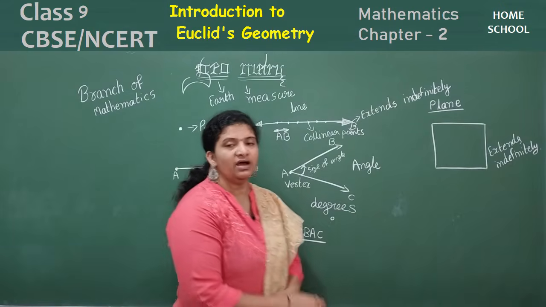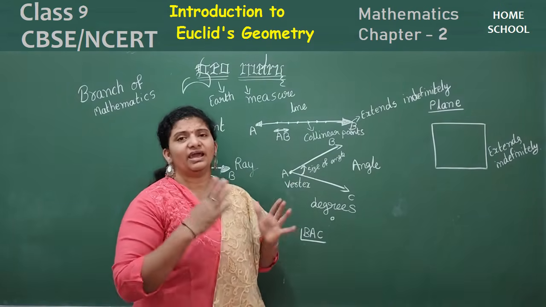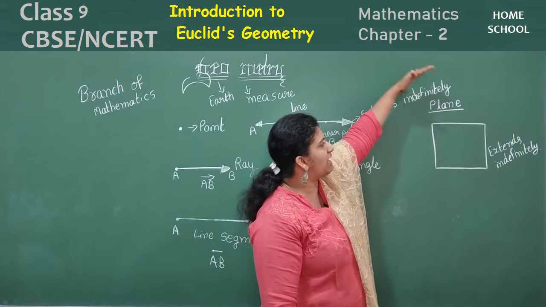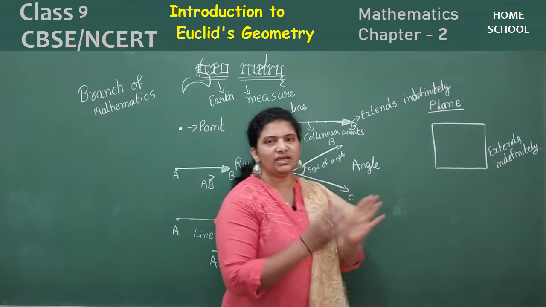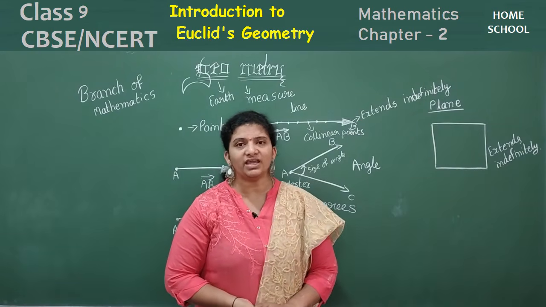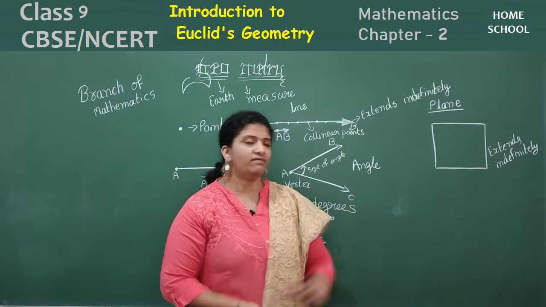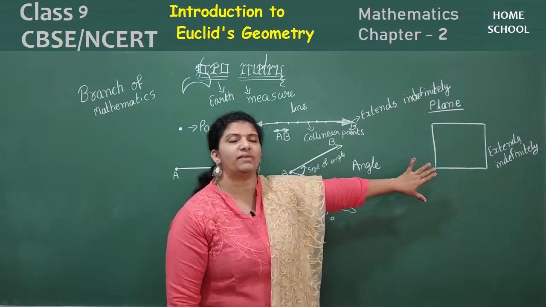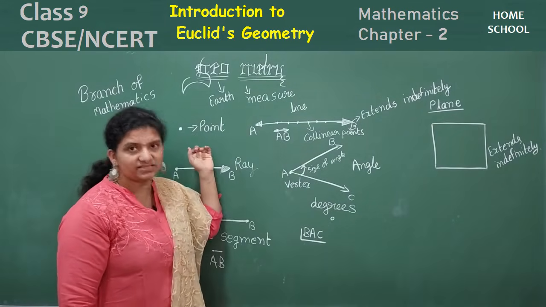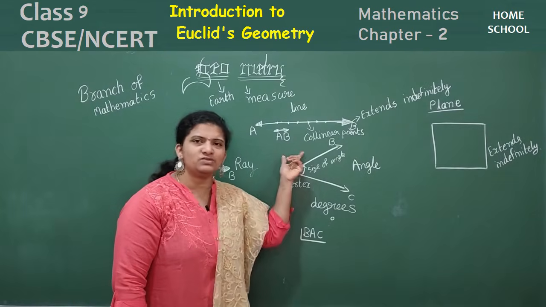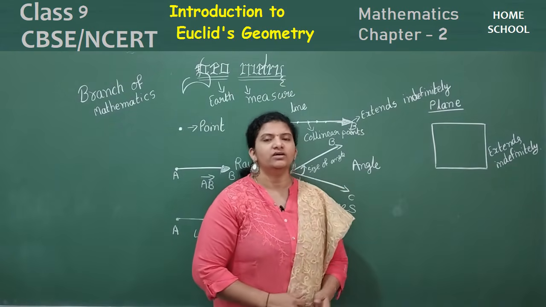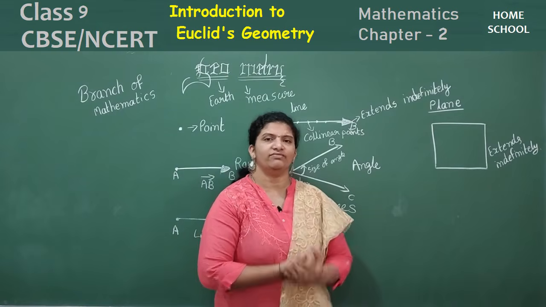So now let's see the plane. It can extend indefinitely. This plane, can you see the plane? I can extend this line more and I can extend this line, which means the plane can extend endlessly. It does not have any thickness. It has only length and breadth. A plane is a two-dimensional figure. So once again, a point has no dimension, that is 0 dimension, a line has 1 dimension, whereas a plane is a two-dimensional figure. So a plane can extend indefinitely.